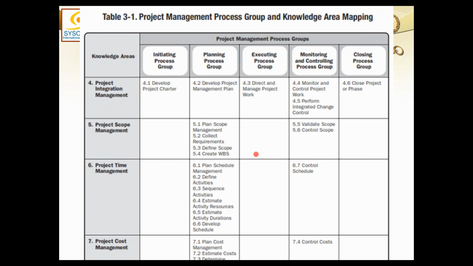I am not talking about any one plan. I am talking about any plan. It could be the plan for scope or time or cost or even the whole project management plan. Every plan has to be first provided with a management plan. So you see, in integration, we have a project management plan. In scope, we have a scope management plan. In schedule, we have a schedule management plan, and so on and so forth. Every knowledge area has at least one management plan. That is for sure.